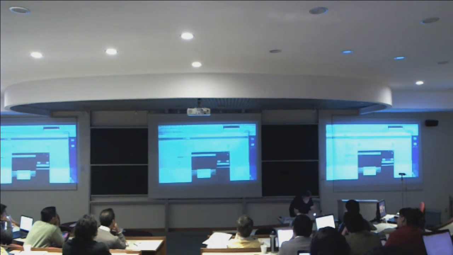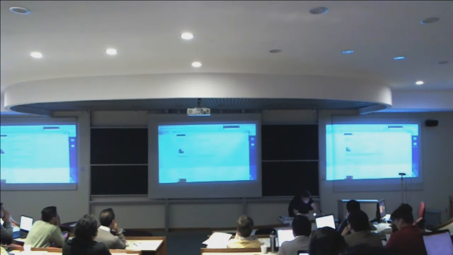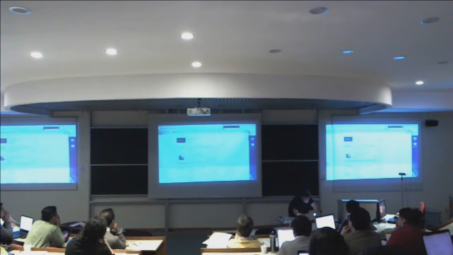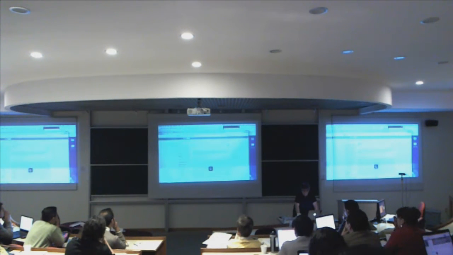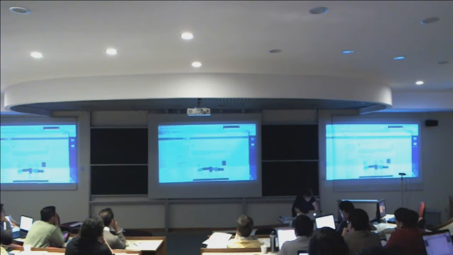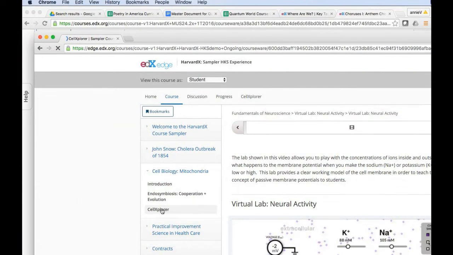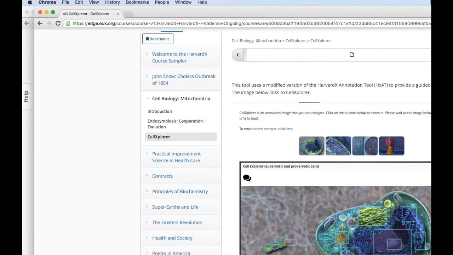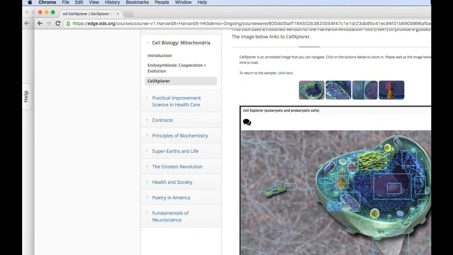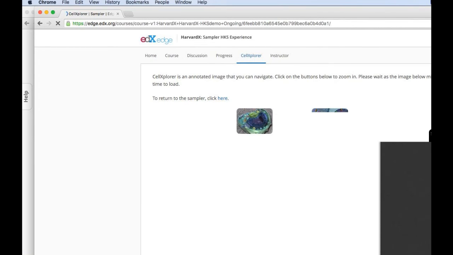Okay, so one thing I could see. I'm going to go back into my dashboard, and I'm going to sample course. I think Dan may have showed you some of this last week. So we thought, what can we do with this tool for the sciences? So we transformed this otherwise humanities tool into a cell explorer, which, by the way, you can annotate.